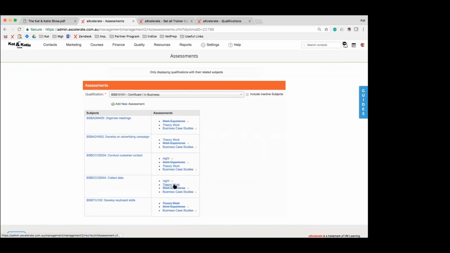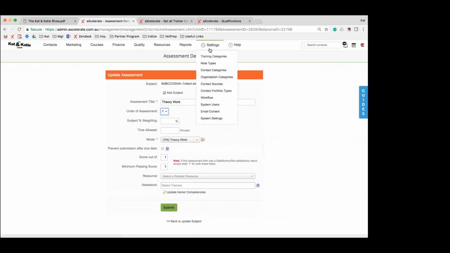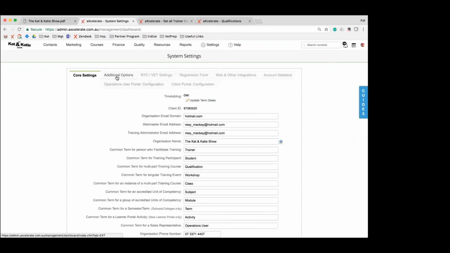Like I said, we can easily go into the theory work and we can change this order of assessment. Because theory work was the first one we put in there, we cannot change it now. So it's best that we do upload them in the order that you would like them to be presented. So let's have a look at how we can create some of these modes, and then we'll go and add a second assessment. So in your settings, under system settings, under additional options,